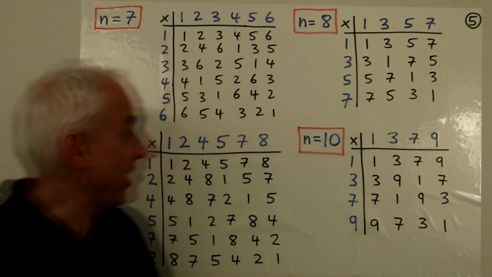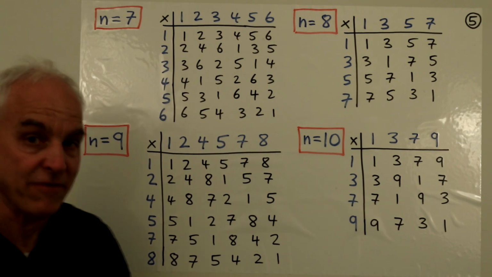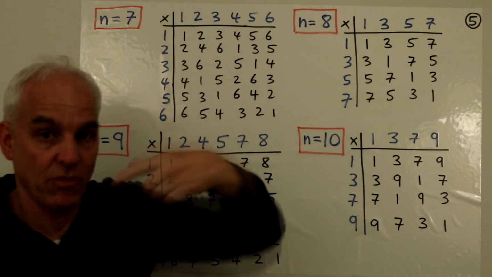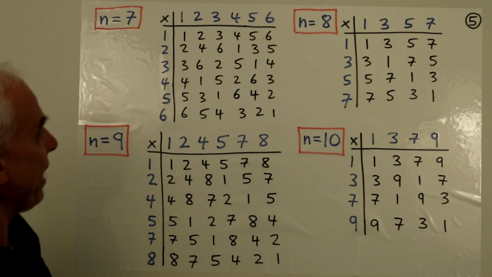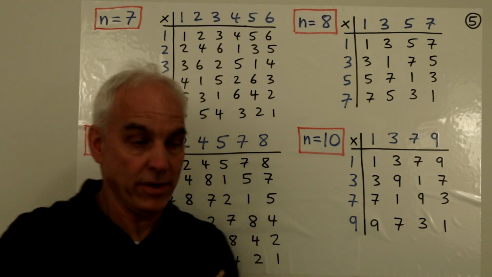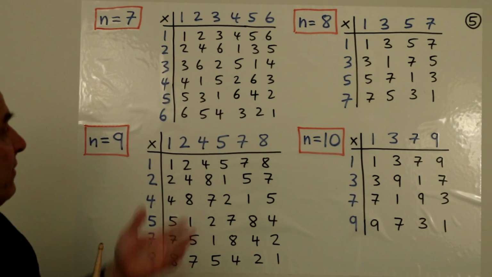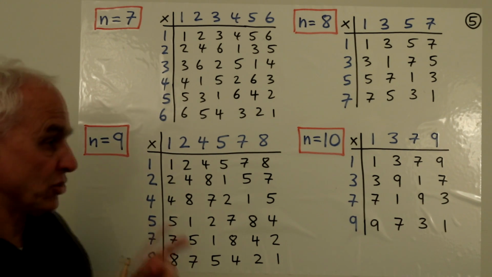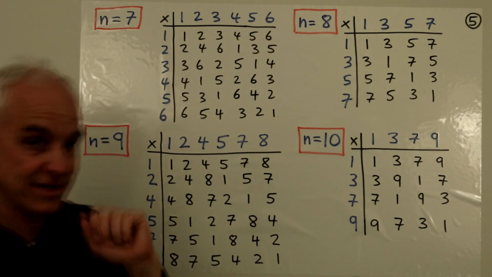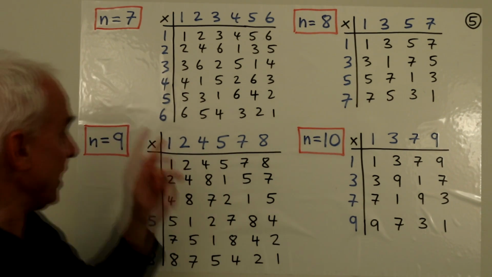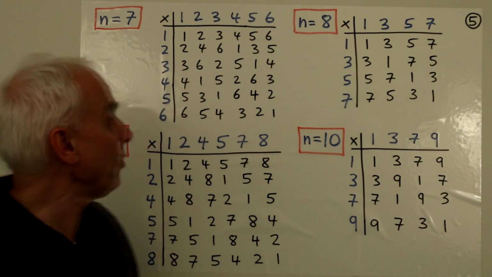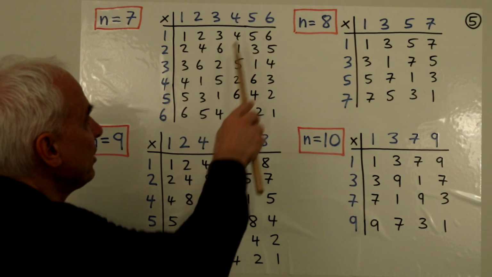Okay, how about n equals 7? There's the U7 group multiplication table. It's a prime, so we're including all the numbers from 1 to 6, and it's a nice little pattern. We see that there's one number of each kind in each row, in fact in each column, and it's a very pleasant little thing, but I should remind you that the really deep structure involved in this table is the associative law. The fact that if you take any three numbers, like 4, 2, and 6, if you multiply 4 times 2, you get 1, and if you multiply 1 times 6, you get 6.